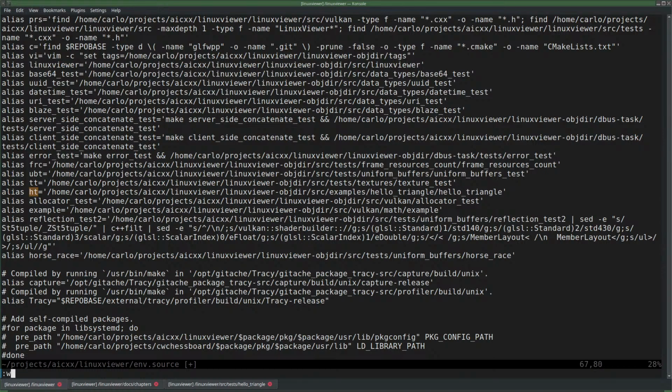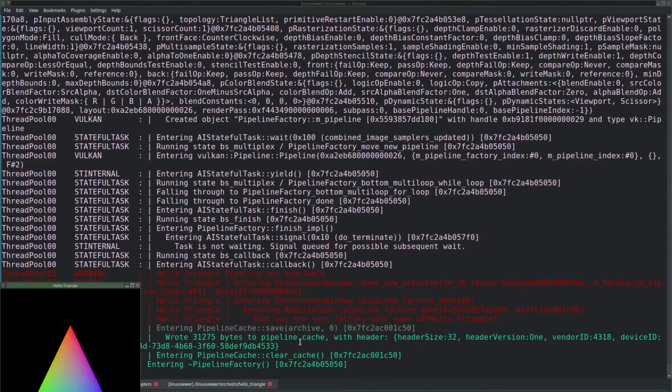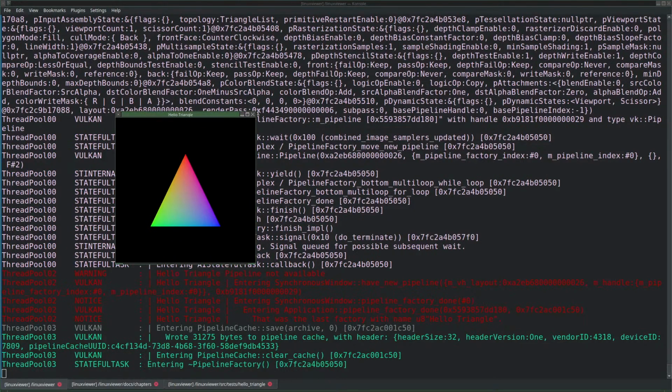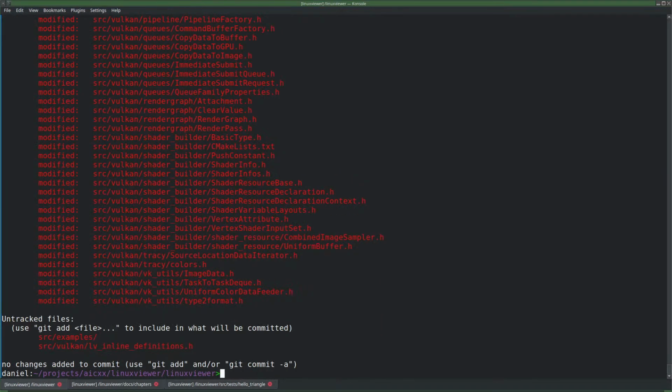Samples. Source HT, but it still works. Okay, and the files that we have inside examples.